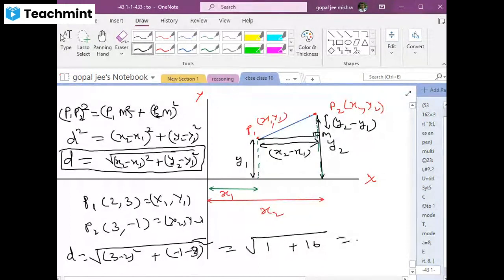Are you getting my point, beta? Yes. So here we will get the square root of 17 units. So you can determine the distance between the 2 points by using this formula. Are you getting my point? Yes. Okay, beta. This distance formula can also be used to determine whether the 3 points given are collinear or